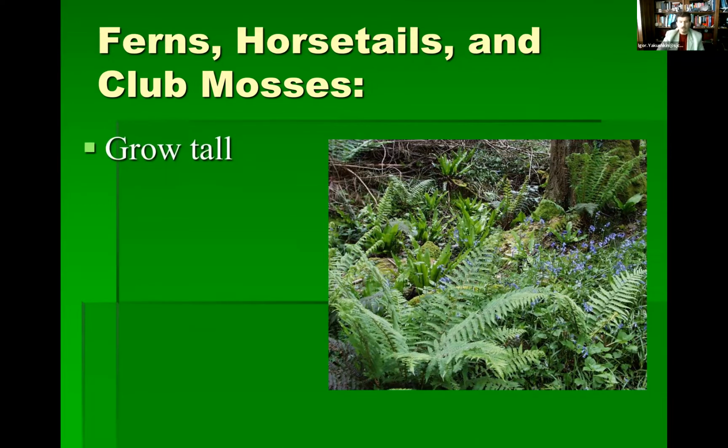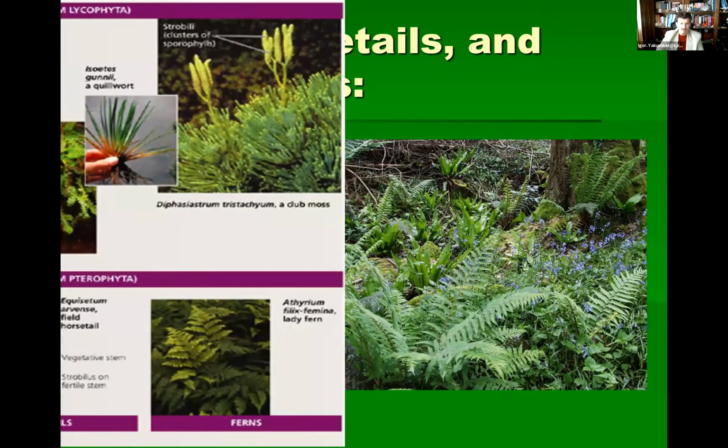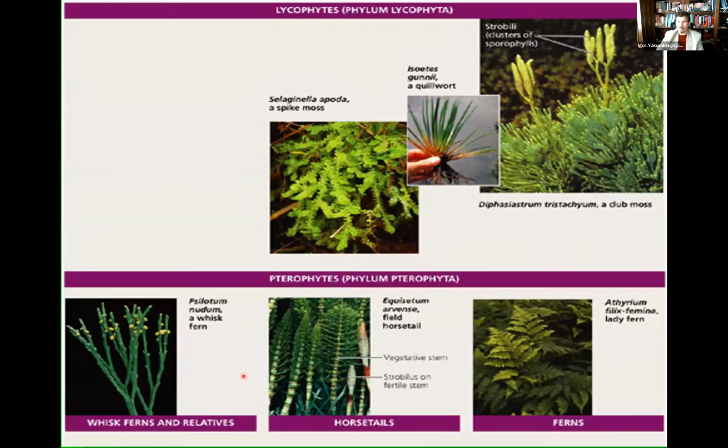So they can grow tall. Why? Because they have a conductive system. Think about it as the highways of transporting. The better the highway, the faster things can be delivered. The faster things can be delivered, the taller the tree can be. I have a vascular system, we already discussed that. So these are the plants we'll talk about today, including in the lab.